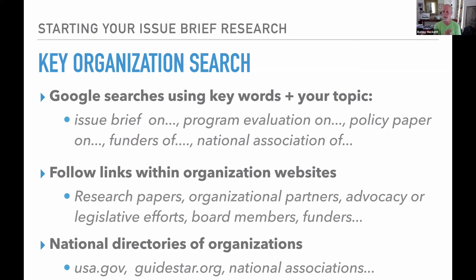HUD is a federal agency. They only belong on the national page, unless they have a branch office in Tennessee, which I don't believe they do. Tennessee has their own state level housing and community development department, and then your city or town will likely have one as well. So there'll be information at the federal page about what's happening locally, but it doesn't mean HUD is an organization that needs to show up as your local organization.